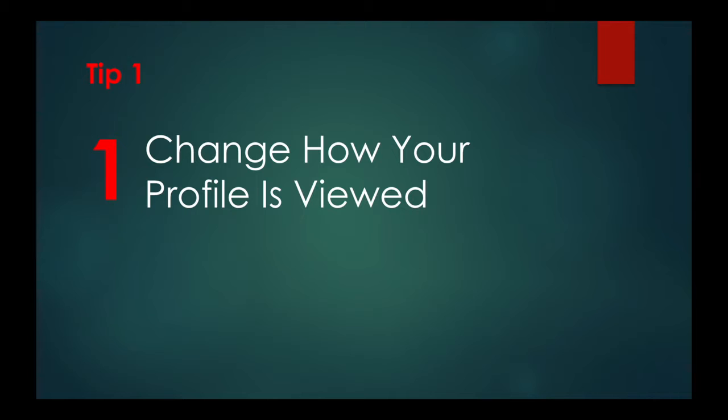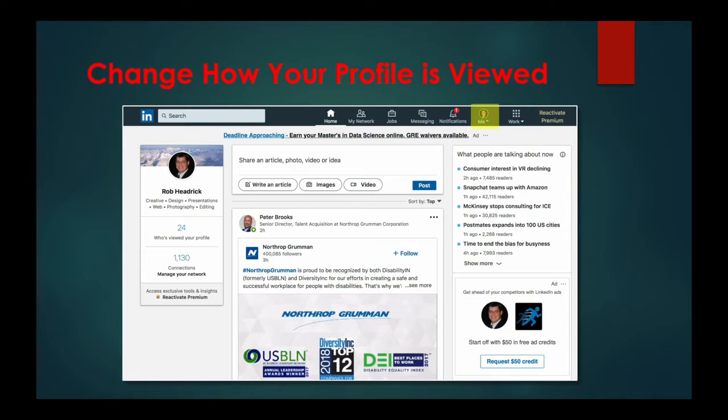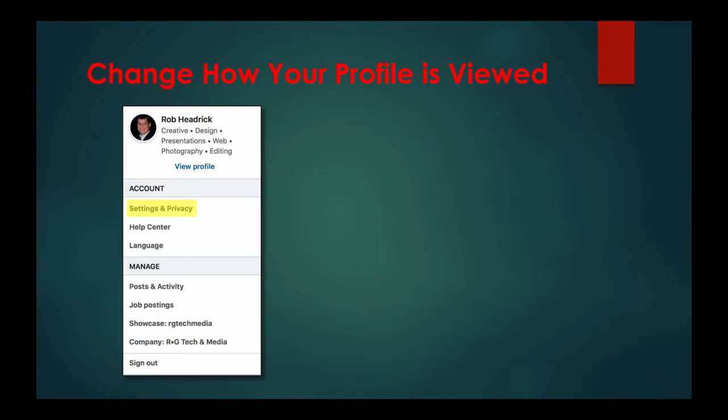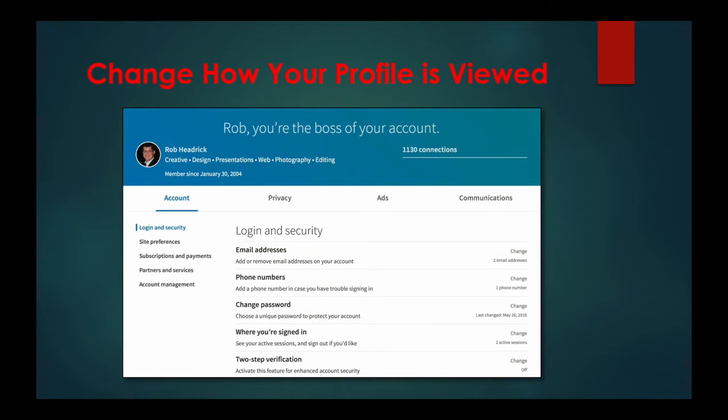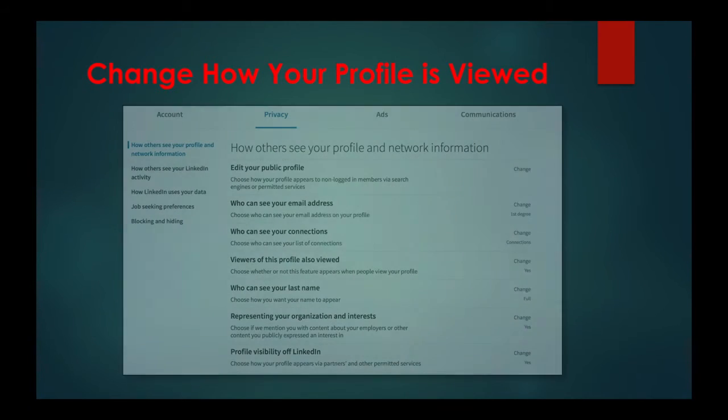Tip 1. Change how your profile is viewed. This is similar to the controls in Facebook. To change how your profile and network information is viewed, click Me and then click Settings and Privacy, and you will see this screen. Next, click the Privacy tab right here,